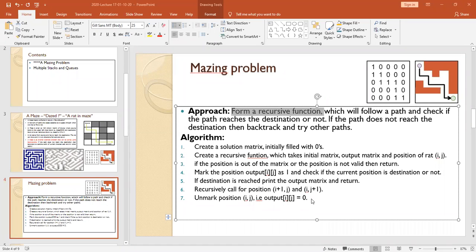Function called by itself. Okay. So for now, for the maze problem, we are forming a recursive function. So when you call a recursive function,